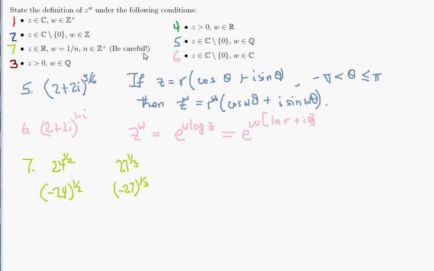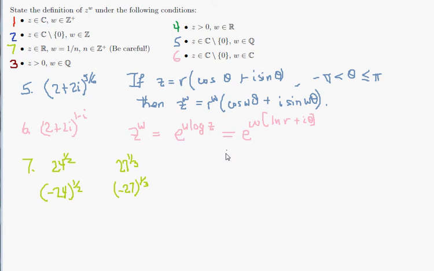The definition for 7 matches the same thing that we have for 5. We have to express the number in trigonometric form and then use the definition that you see here in the grayish color. Now, what I want to emphasize is that the definitions that you see here may or may not